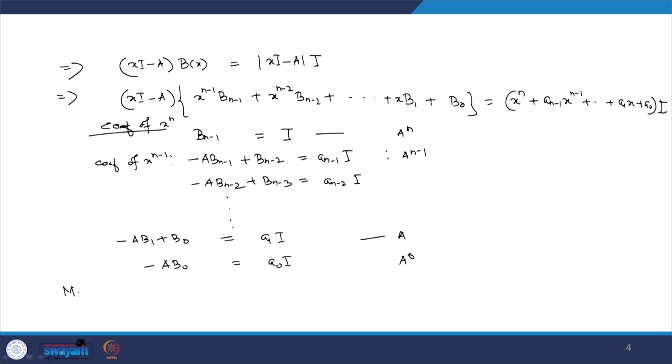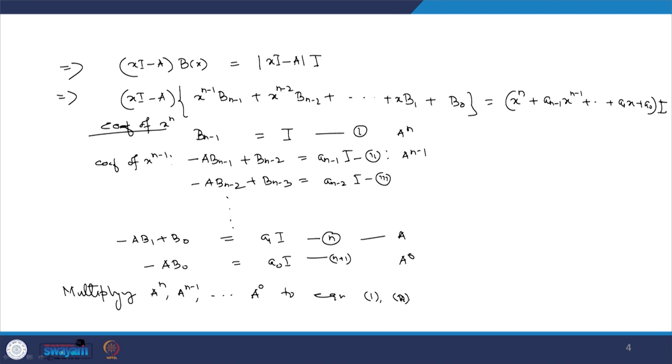So let us consider the first equation, this is my second equation, and this is the third equation, and this will be the nth equation, the n plus 1 equation. So, multiplying A to the power n, A to the power n minus 1, and so on, A to the power 0 to equations 1, 2, and n plus 1, and adding